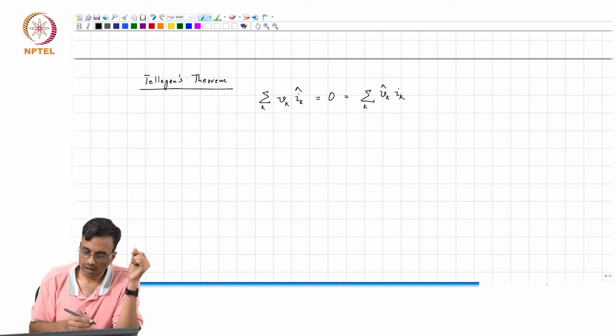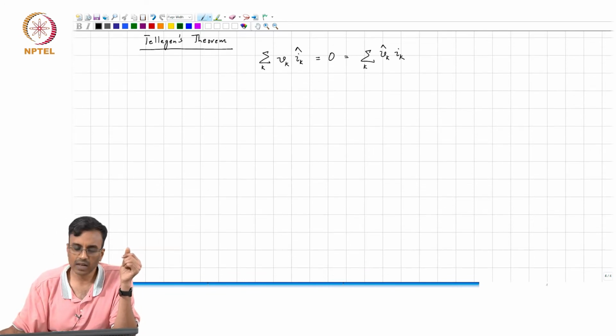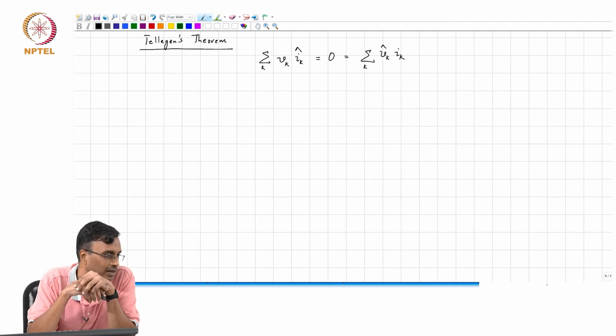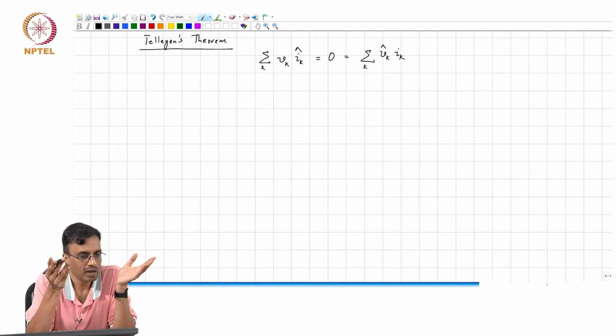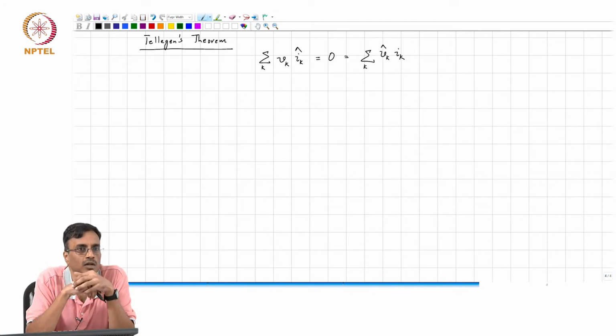And one example: all of you who have taken an analog circuits class have seen networks where all the network elements are nonlinear, correct. We know that analyzing nonlinear networks is difficult. So, we resort to, what do we do?